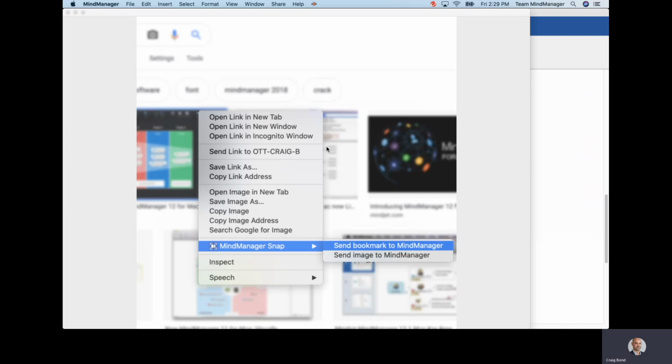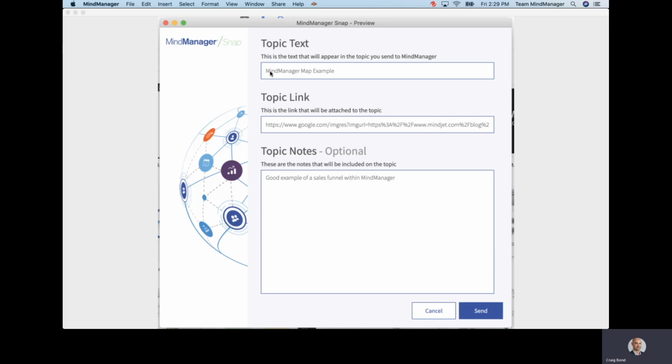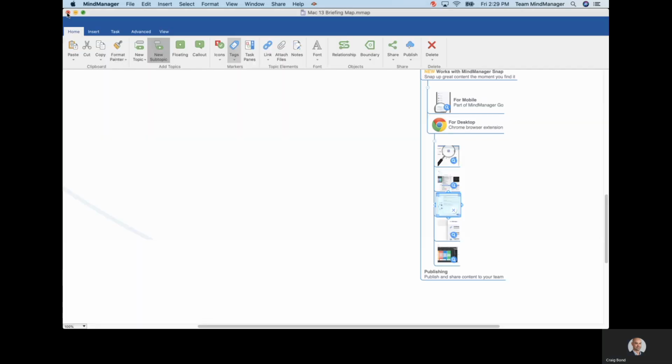You can go anywhere on the web. So whether you're on Google Images or any other website, you can send bookmarks to yourself. You can right-click and send images to yourself. And when you do that, it's going to come up with a little pop-up, and then you can edit the topic text, the topic link, or maybe there's an image here,